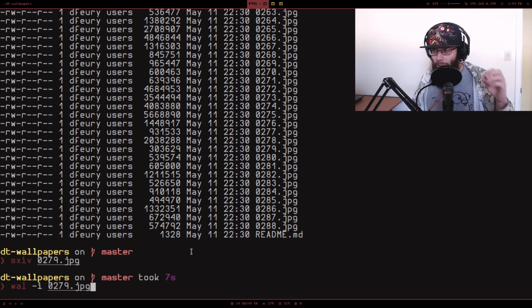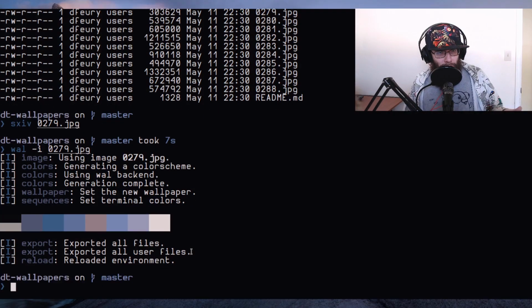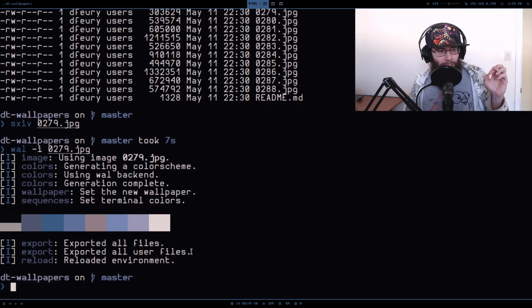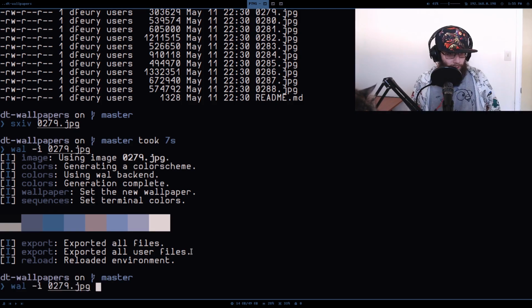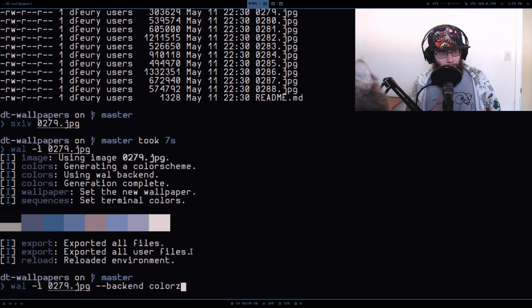The default one, you'll notice that there was one that just said wal. That's the default color profiler it's going to use. So I'll run this, and you get a lot of light blues in this particular order. Now if I run this again with a different backend, you will see that maybe some